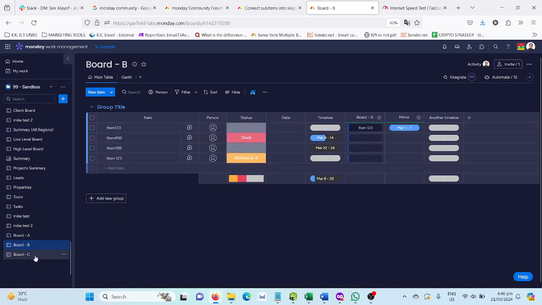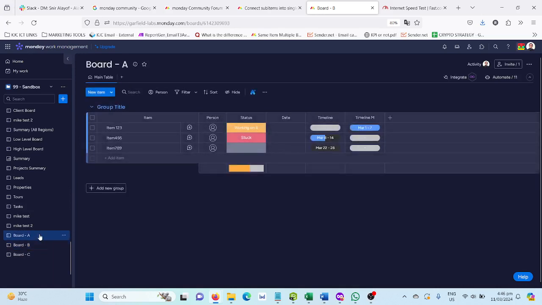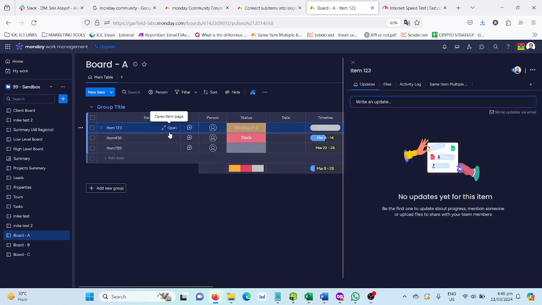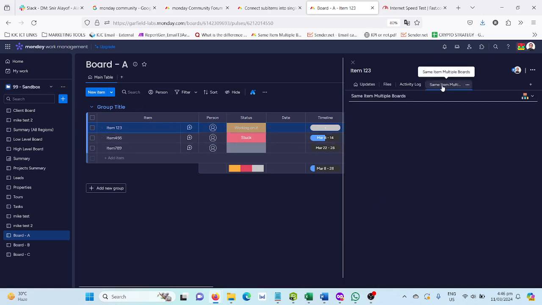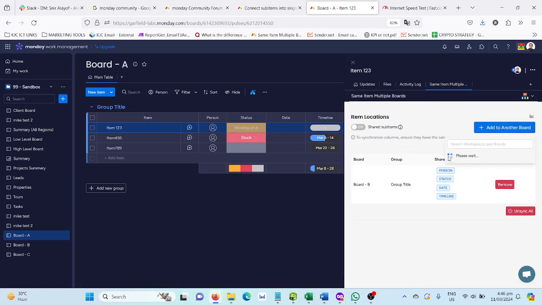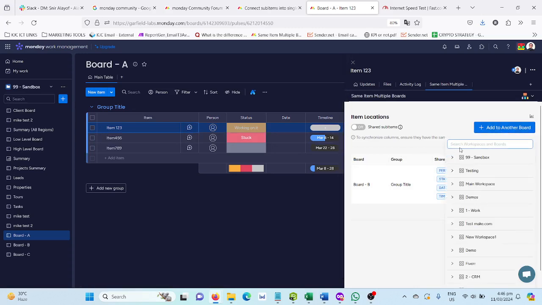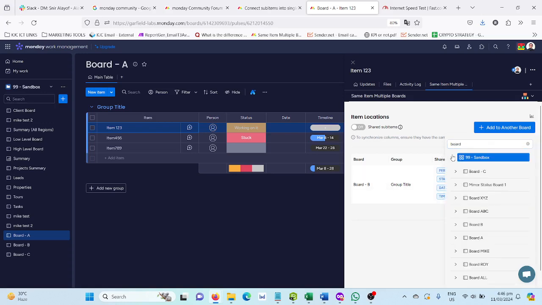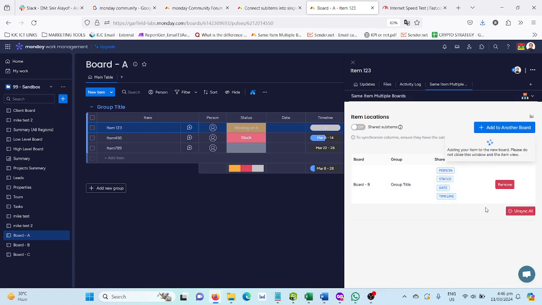But from what you can see, this has a better look. It's easy on the eyes because once you click on this example, so let's say we're going to add item 123 to board C this time. So not just board B, but board C as well. So if board A would have been like our contact board, and board B and board C are the deals board,